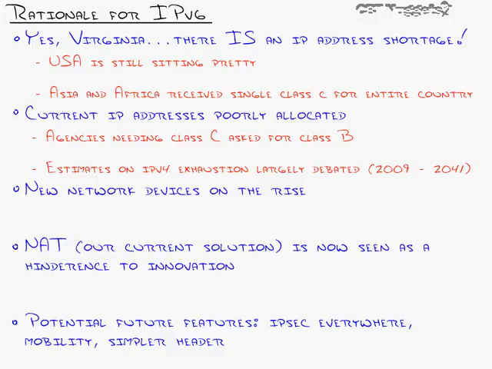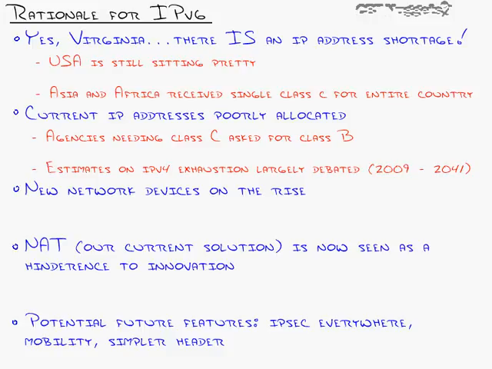So current IP addresses are poorly allocated. Agencies needing Class C back in the day got a whole Class B, and they now have all these addresses that they're just sitting on and not really using, especially college universities. College universities were the first adopters of the internet. They have tons of IP addresses that, well, I won't say all of them, but many of them have just